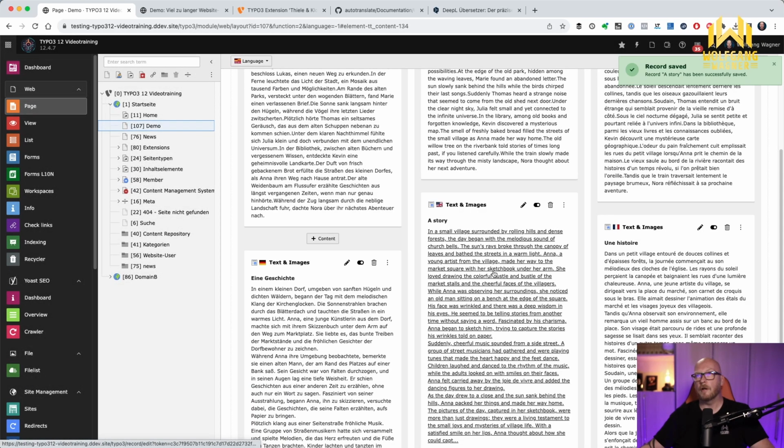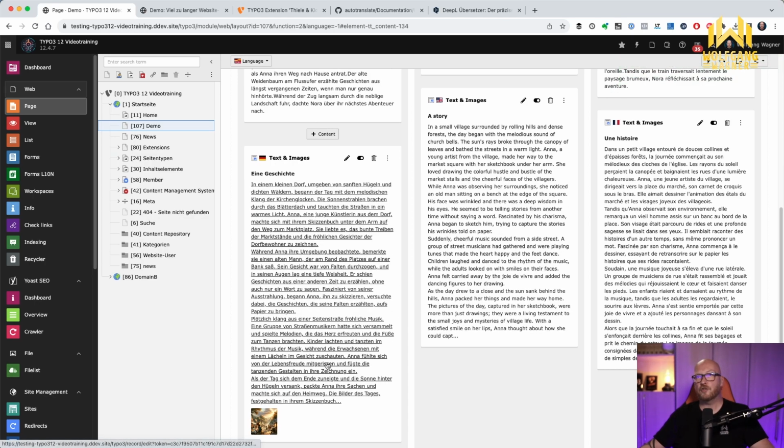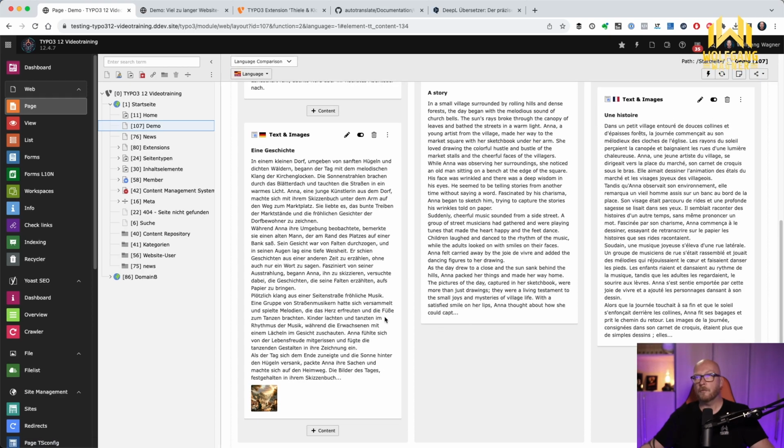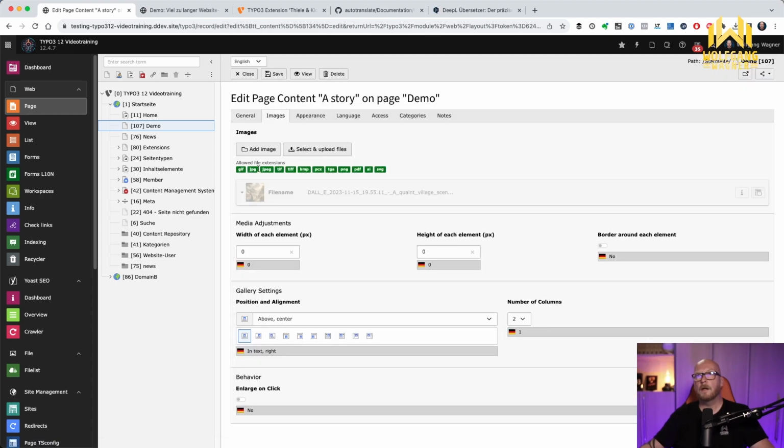Now it looks different here. Okay, maybe that was just some kind of display problem. The text seems to have been completely translated. What needs to be checked here now? The pictures don't seem to be there now. I had also added a picture to it. Okay, that's deactivated here. That's interesting. Yes, I can't edit this here.